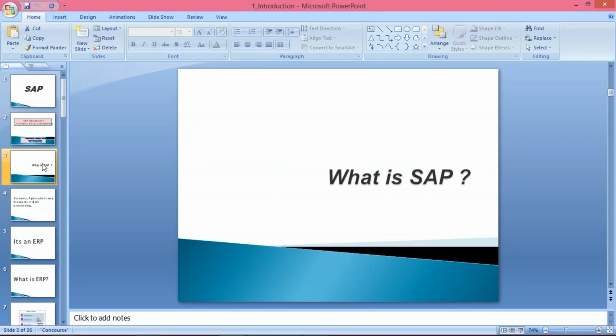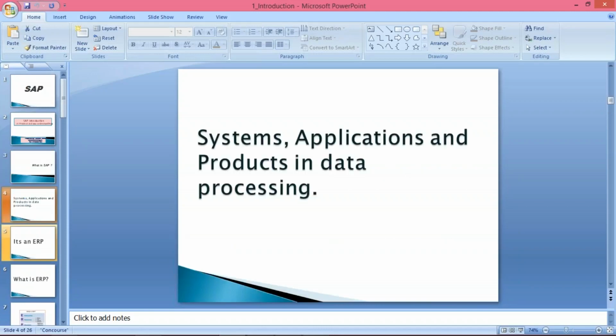The first question which will come to the mind of everybody who is new to SAP is, what is SAP? And we should know this if you're planning to do certain things. First of all, you should know what this SAP is, what this Oracle is. If you're going to do any other Java or .NET, lots of courses are there. So here we'll talk about SAP. So the first question is, what is SAP? Now look at the next slide, what the next slide says.